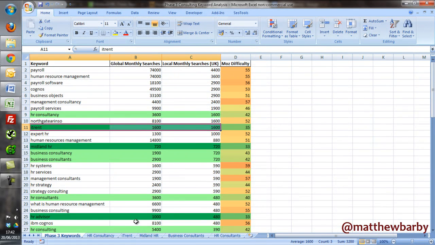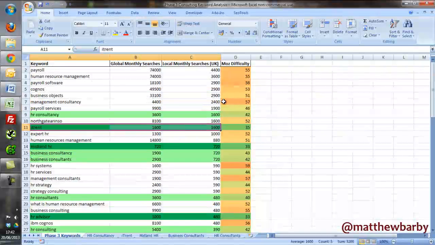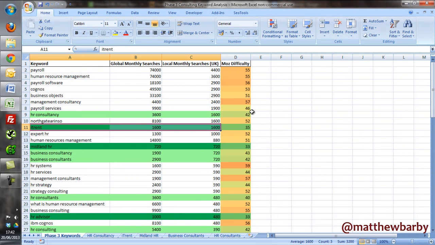But now that you've got all of these scores, don't just go on Moz difficulty score, that's it. Have a little look at the search results. This is a great way to initially identify some opportunities. The next stage is